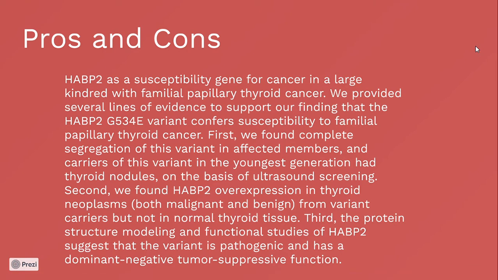Pros and cons. HABP2 is a susceptibility gene for cancer in a large kindred with familial papillary thyroid cancer. We provided several lines of evidence to support our finding that the HABP2 G534E variant confers susceptibility to familial papillary thyroid cancer. First, we found complete segregation of this variant in affected members and carriers of this variant in the youngest generation that had thyroid nodules. On the basis of ultrasound screening,